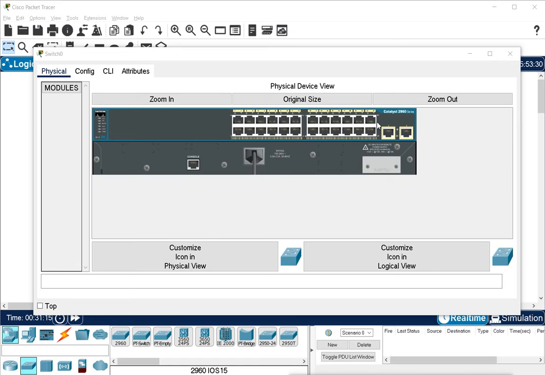This is showing the series name here, 2960 series, and it is a Catalyst 2960 series. These are the ports here. We have Fast Ethernet ports here. All the ports are Fast Ethernet here, and these two extra ports are there. Actually these ports are faster than the other ports we have. Now why do we have these extra ports and why are these ports faster than the other ports? We will know when we see and configure the switches.